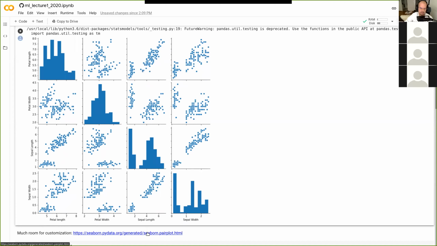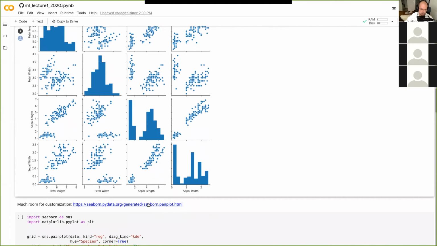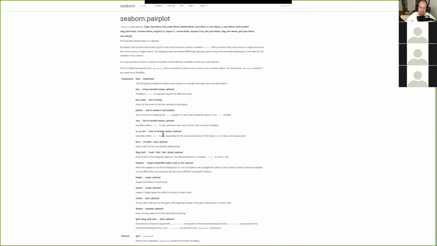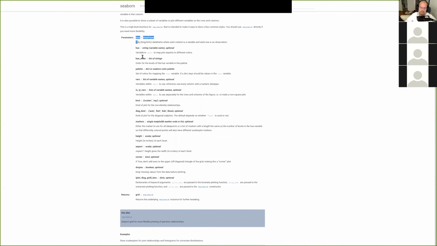And so there's actually a lot of room for customization in Seaborn. So here, this is the documentation for pair plot, and there's a bunch of options that you can use.